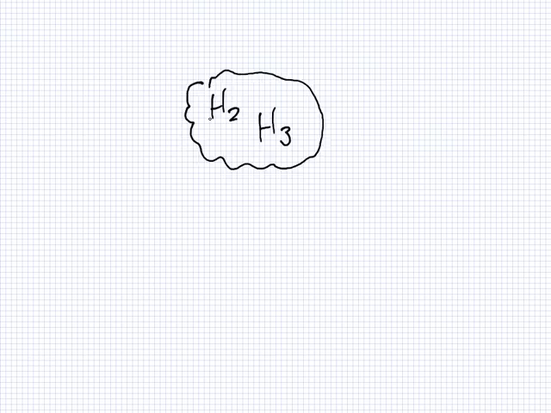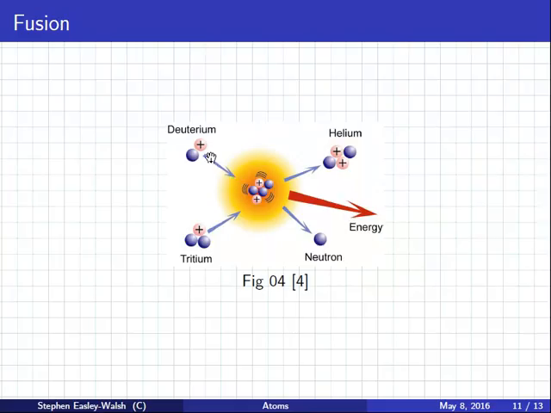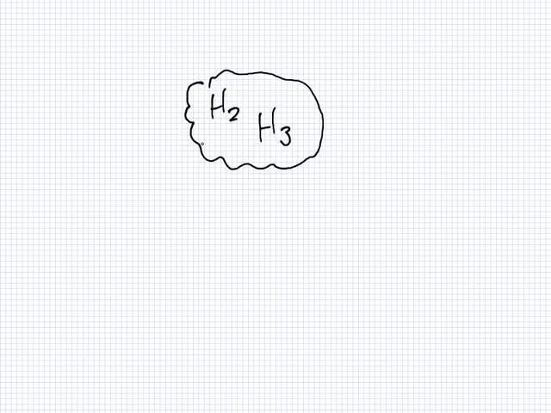So you might wonder, how do they stick the two together? What they do is they have H2 and H3 inside the gas. Now if you look at the picture here, what charge is H2? It's positive. So if you remember the right hand grip rule, when you have a positive charge, there's a magnetic field around it. So if you have a magnetic field around this, you can try to